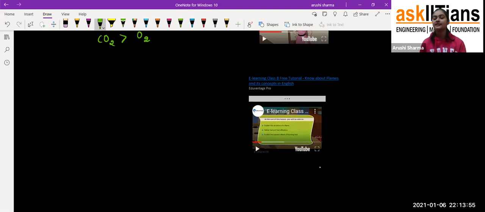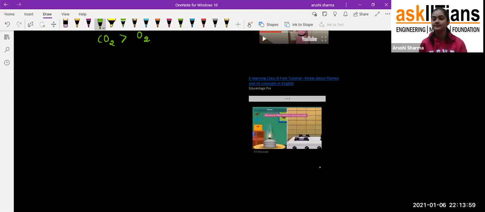When we look at the flame of a kerosene lamp, it is yellow in color, but the flame of a kitchen stove is blue. The question he is asking here is: the kerosene flame is yellow, whereas the flame on our kitchen stove is blue. So what is the reason behind it?